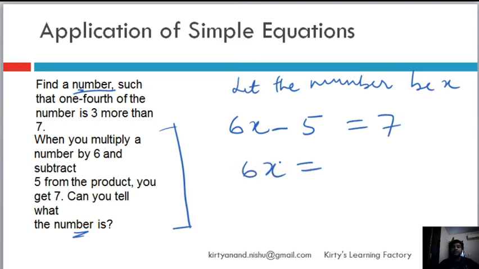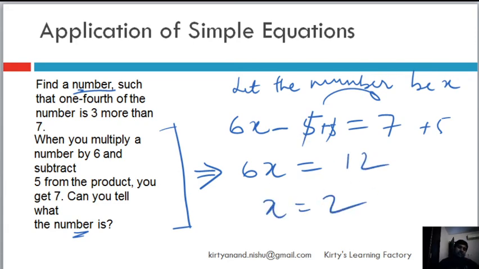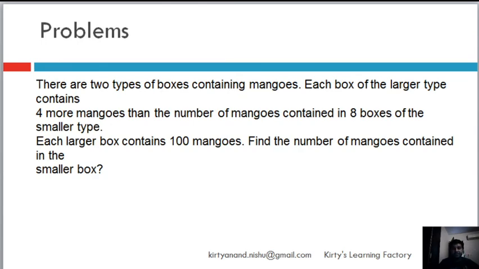So now let me solve it. Now this was an algebraic expression. Now I have put a condition to it, okay. So now it becomes an equation, and for a certain value of x, this condition will be satisfied. So 6x equal to, I will transpose what is here, minus 5. So when I move 5 to this side, it will become plus 5, okay. Or I can also add plus 5 on both sides. This plus 5, this plus 5, minus 5 will get cancelled, become 0, and this will become 12, okay. So x equal to 2. I have solved it. It's very easy. Equations, I think, is one of the easiest things to solve.